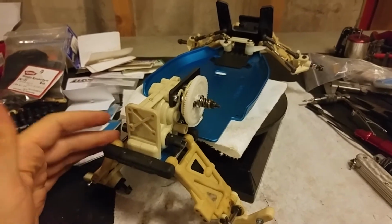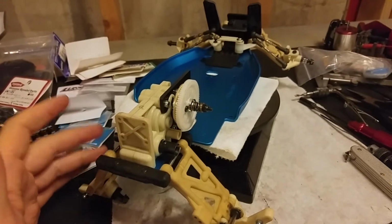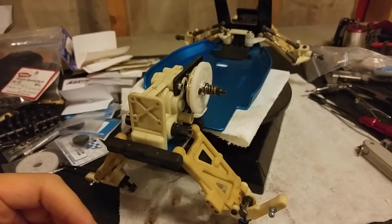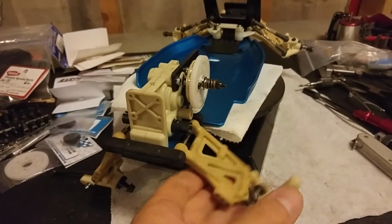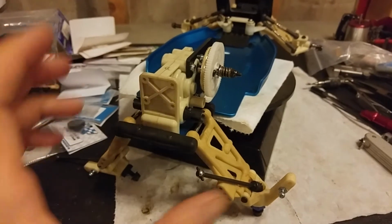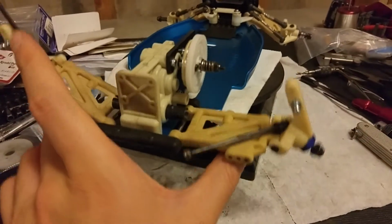This is part 2 of the Kyosho Rampage Pro electric conversion build series. As you can see, I have a fair amount of the rear end assembled here. I have the rear suspension assembled and the rear gearbox. There's actually a fair amount that goes into this that is worth explaining. I'll start with the rear